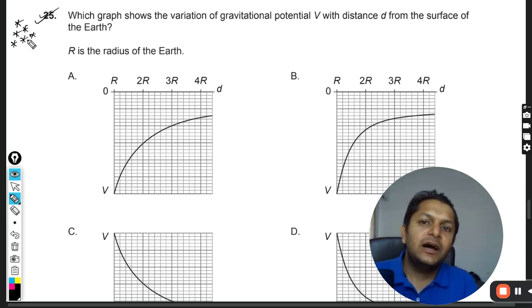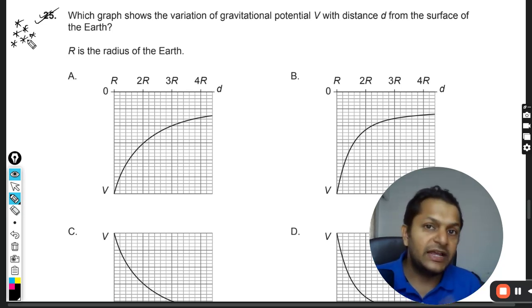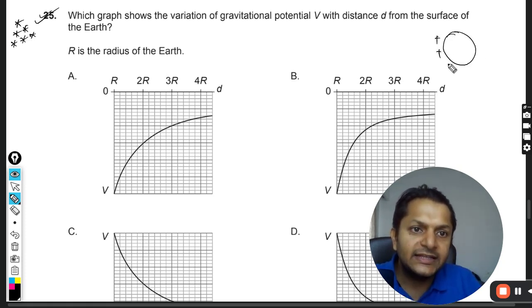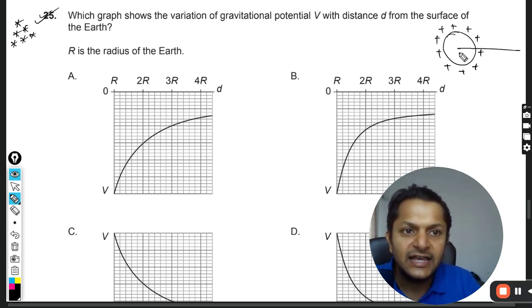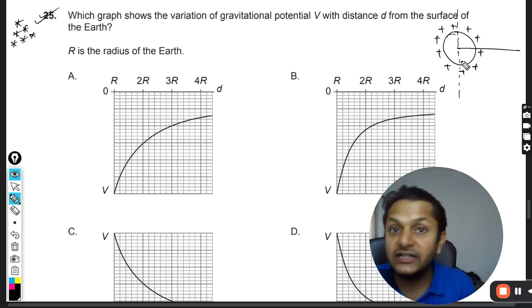See, these kinds of questions, like what is the variation of the gravitational potential V with respect to the distance from the center of the Earth, from the center of the sphere or something, earlier came only from the topic D2, and they were always talking about a charged conductor. Like this is the charged conductor here, and you have to draw the graph from the center to all of the distances, and how the potential is varying and how the force is varying there. These were the questions that IB has been asking till today, and they were always from